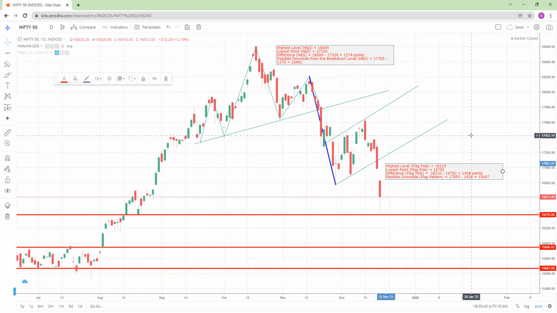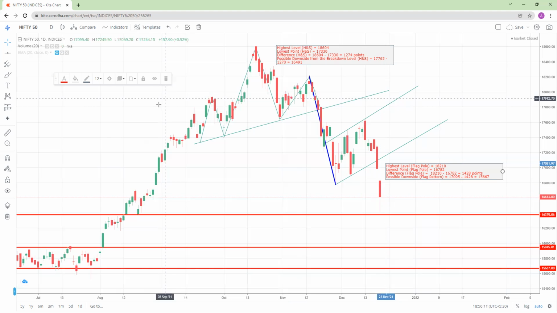So there's nothing much to discuss about the fall because the fall was apparent, but we had no idea it would come so sharp. Today we will be discussing how Nifty 50 went from 18,600 to 16,400 in exactly 2 months. It started falling on 19th of October 2021 and today is 20th of December 2021.